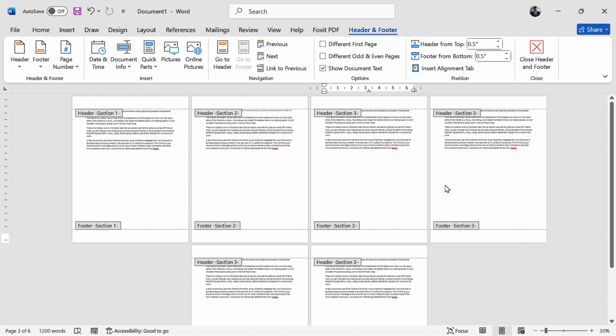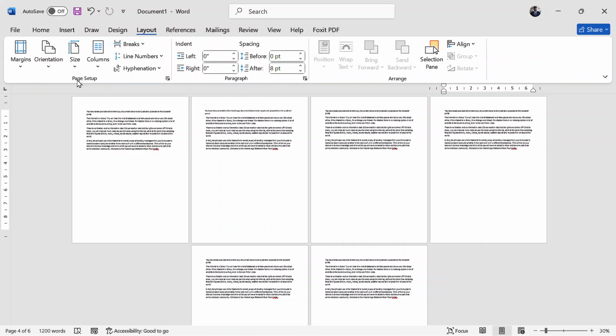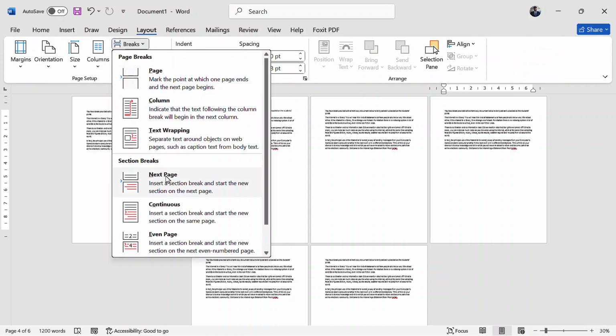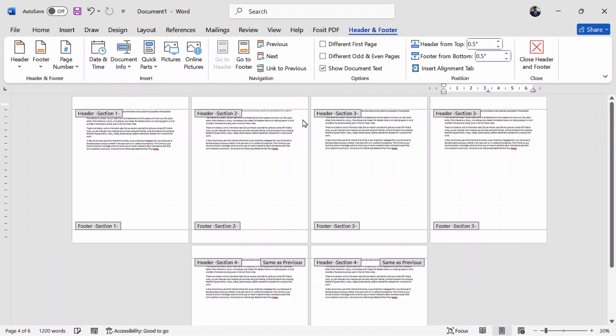You can decide, maybe, let me close, and then I go to page 4. I also create another section. I leave 3 and 4 in section 3, then 4 and 5 in a different section. So I tap there, go to Layout, Breaks, Section, Next Page. It goes to the next page. Now it has created another section. Section 1, section 2, section 3, then section 4.